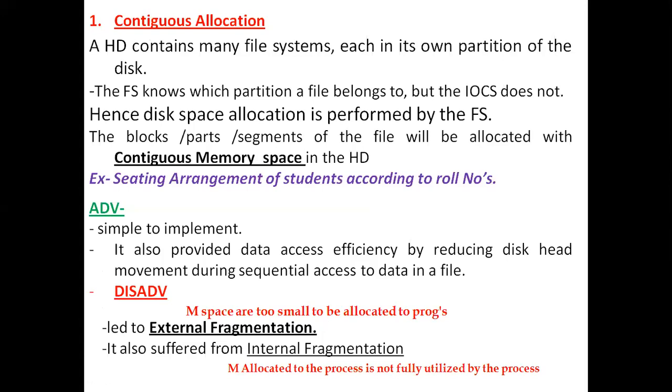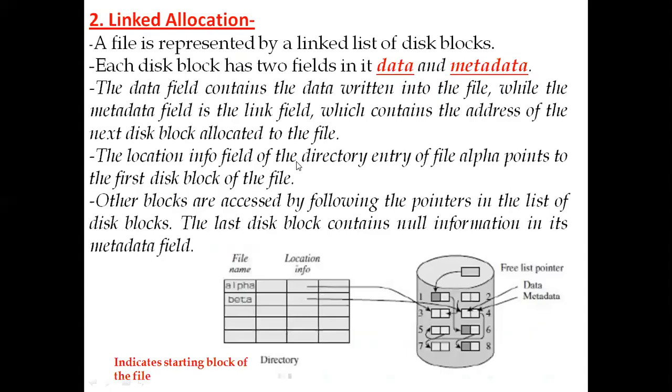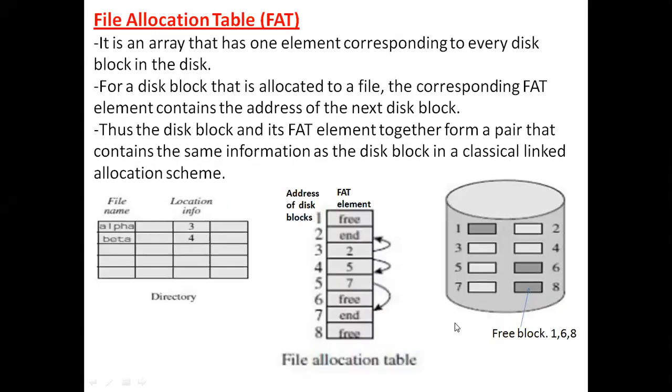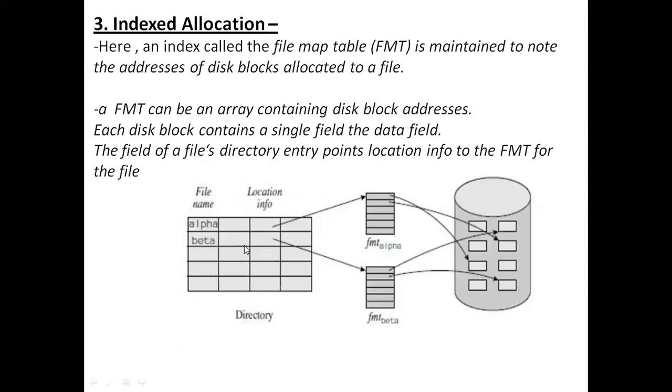Like we had seen the continuous allocation and this particular figure, as well as the linked allocation, where we use a linked list, connecting the disk blocks one with another. And we have also seen the file allocation table, FAT. Now coming to index allocation, of course we have discussed this diagram, but to have a slight refresher, let me deal with this one more time.